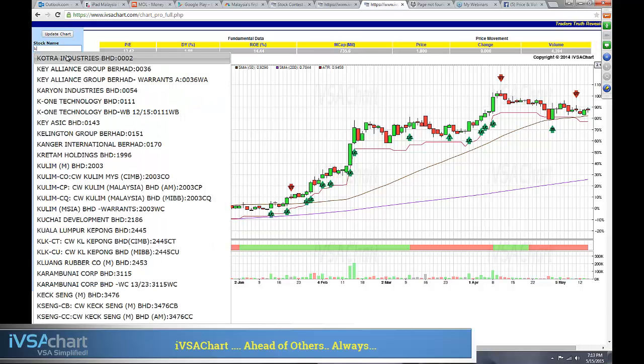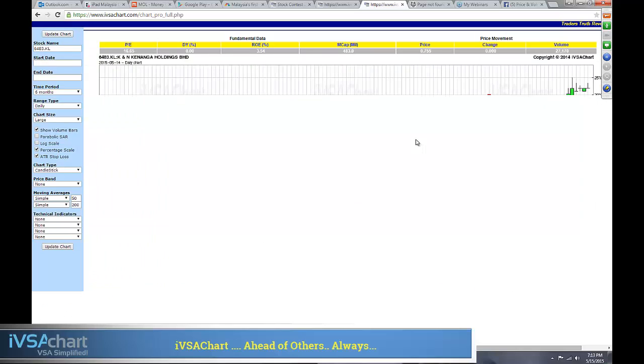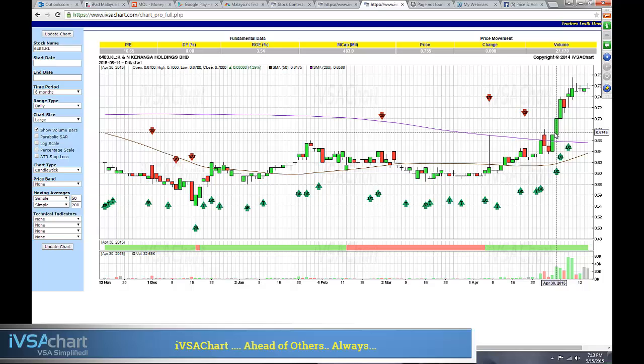Kenangan, let me type K. Yep, that's the one. So the whole point is to get off the old stock and then ride this one here. I can't even remember the price; I got my worker to do this actually. This one is a nice one going up. We got in around 70 cents, 69 cents, and it continued to ride higher.